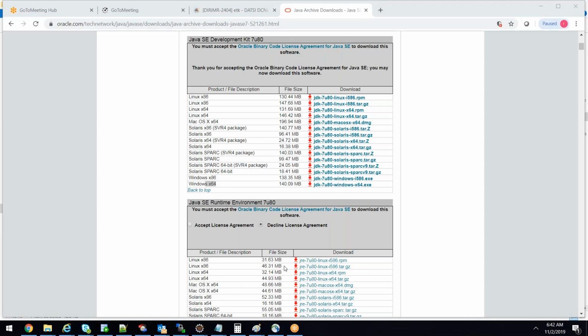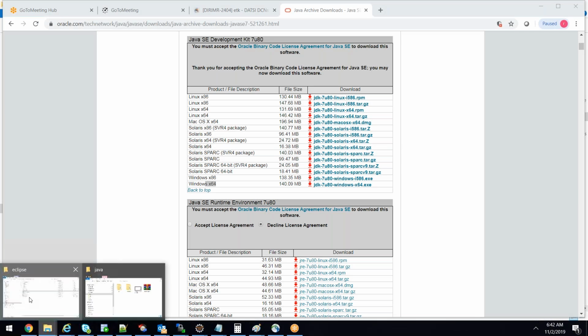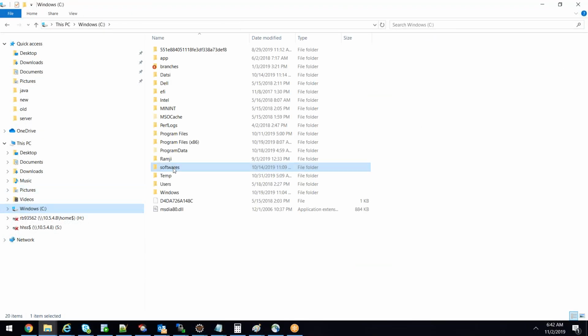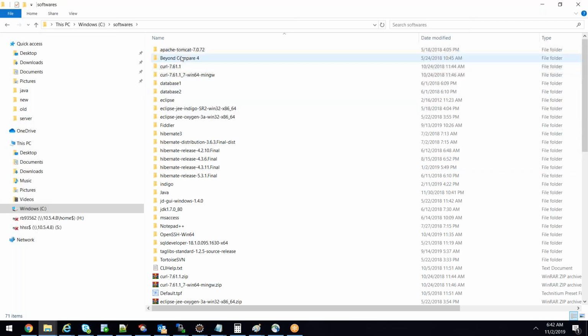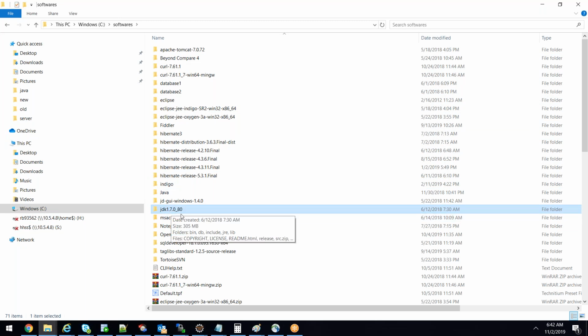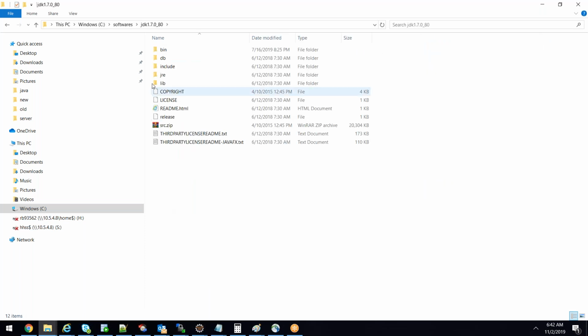Okay, you are able to see my screen? Look at my laptop where I installed C drive softwares. So I installed Java here. I mean JDK, maybe you can give any folder name, right? So I gave JDK 1.7. Inside this folder, I installed the Java software, correct? I mean, you can see all the folders in my laptop also, correct? I can't see your screen. It's all blacked out. Is it? What about others? We can see. I can see that. Okay, one second. Then what I'll do is